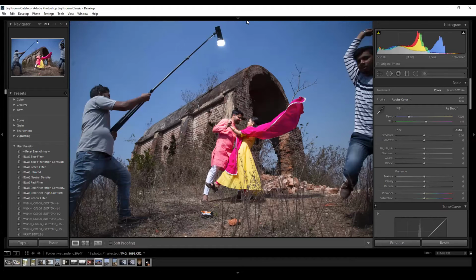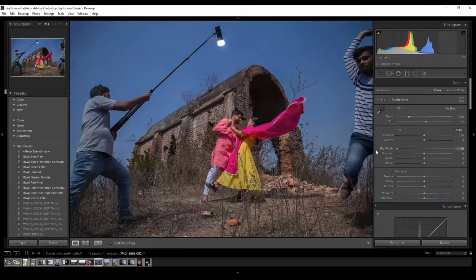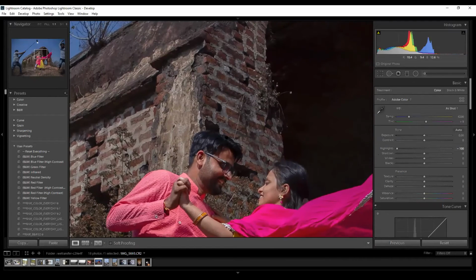So let's go to the highlights. What does a highlight do? Highlight basically corrects the highlights of the image in the sense of colors.